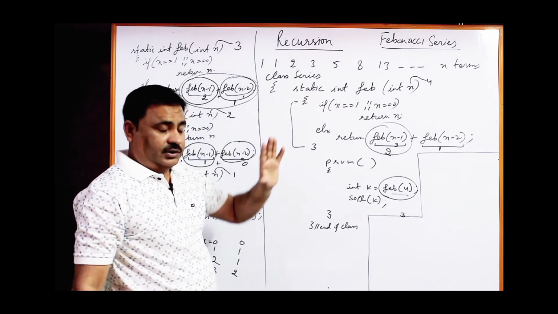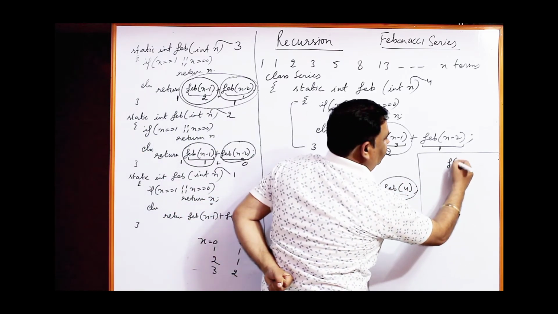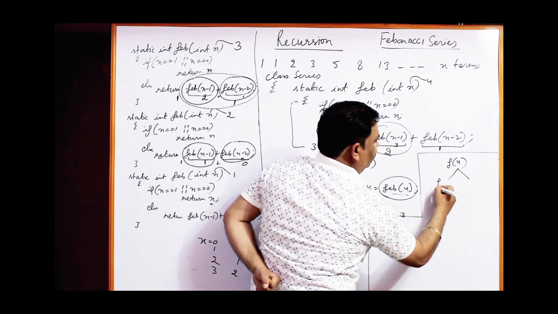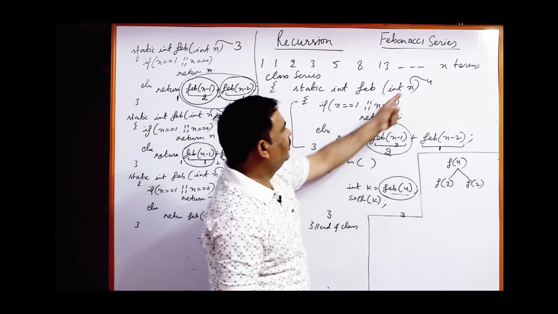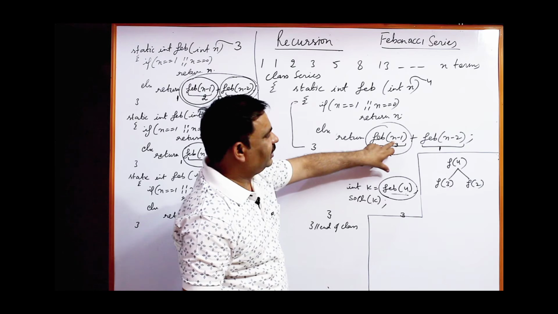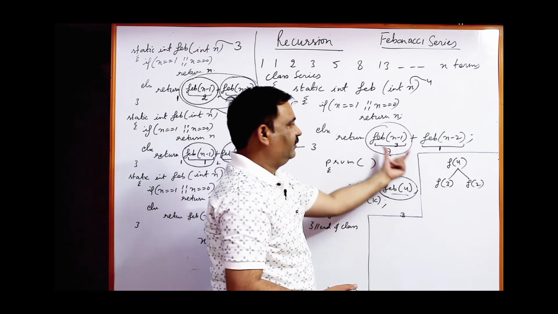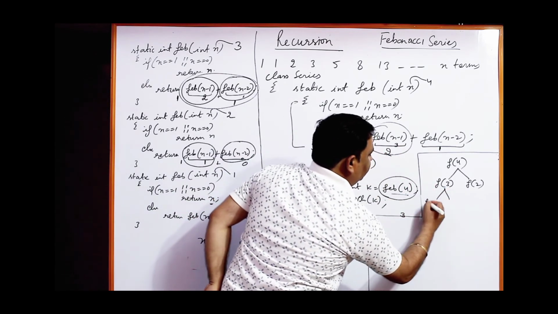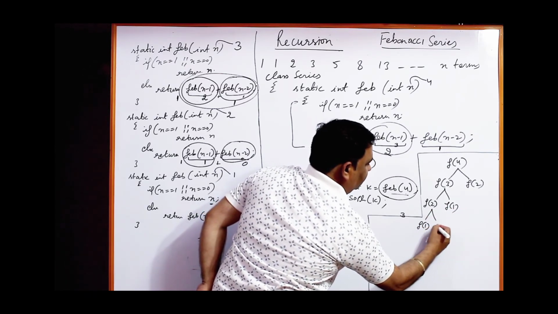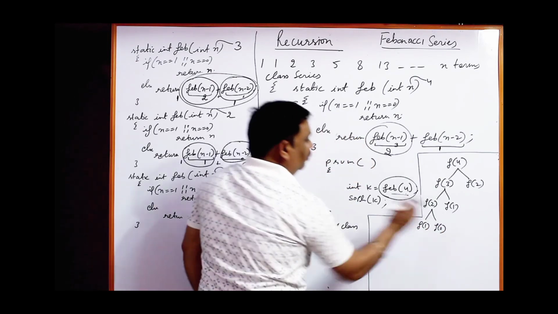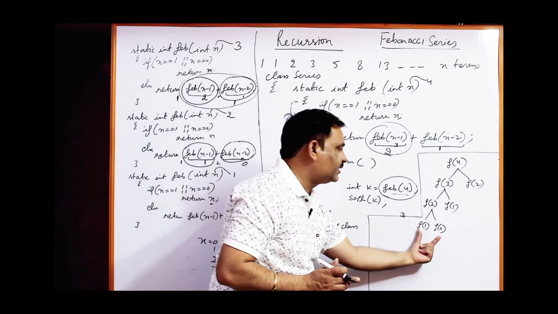So try to understand once more in the form of a tree. If we are passing 4, this function is divided this way, into 3 and 2. See here, when we are passing 4, it calls 4 minus 1, 3 and 4 minus 2, 2. First of all, this function will be called here. So this will be called like this. Again and again the leftmost will be called first. Now 1 and 0 are the base cases, which we already wrote. If n is 1 or n is 0, it will start returning. So these are the base cases.